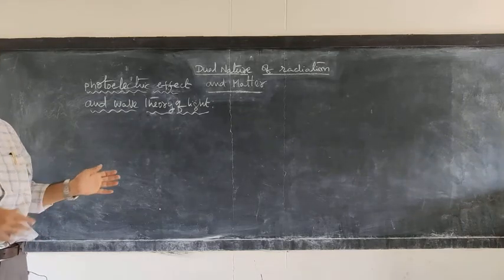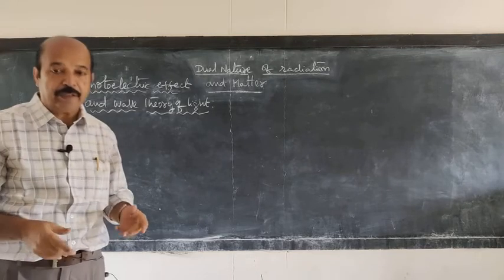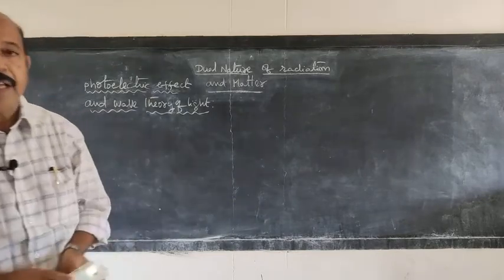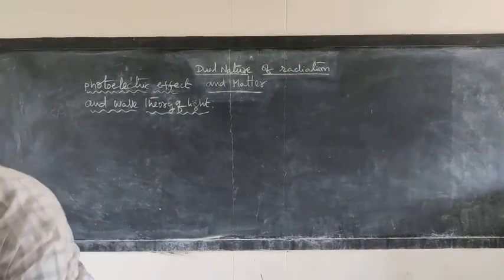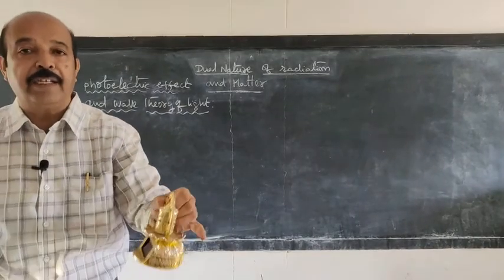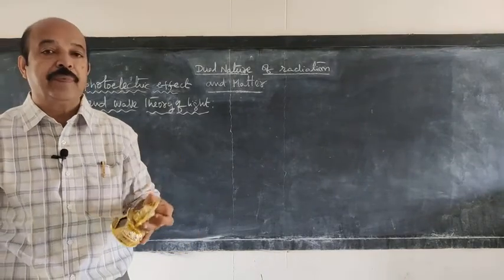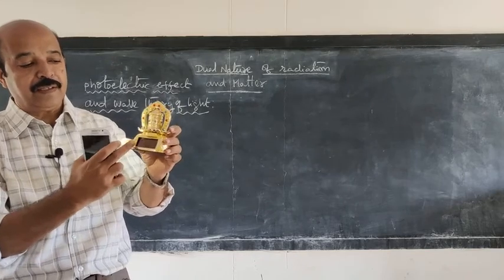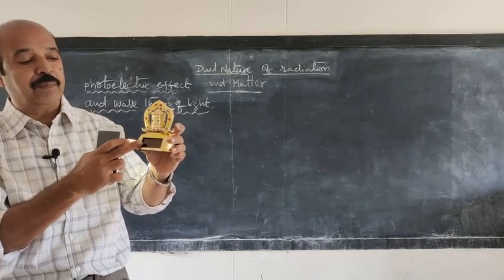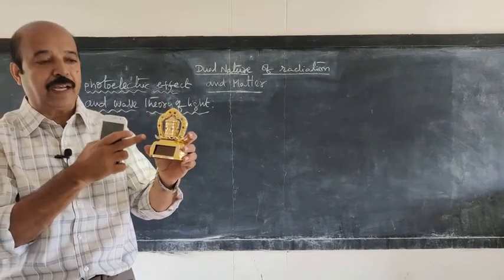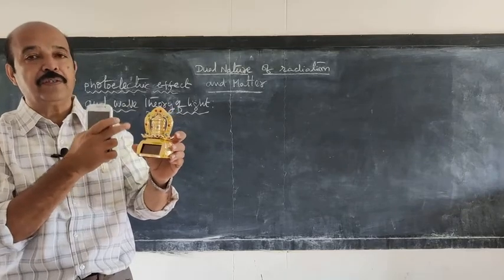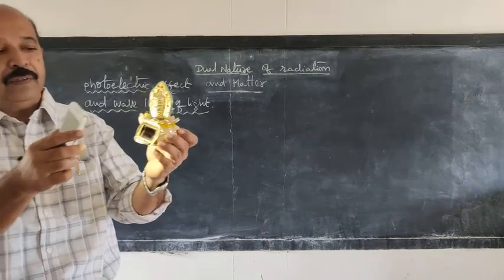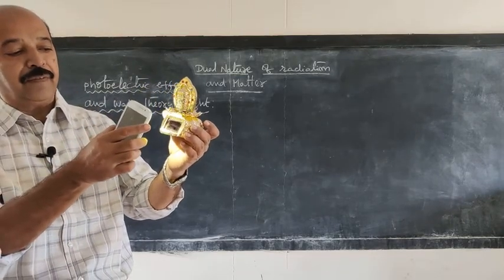Before going to the actual topic, I would like to show you one simple experiment that shows how the photoelectric current depends on the intensity of light. See, this is a photosensitive surface, and when light falls on it, current is generated, that is photocurrent, and there is a small motor which rotates. So I am using this cell phone to shine on the surface.